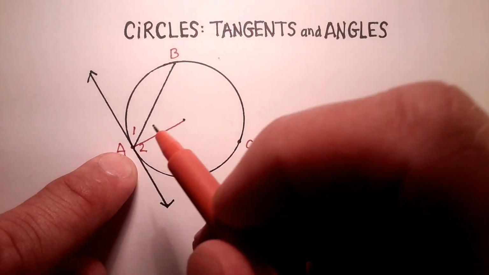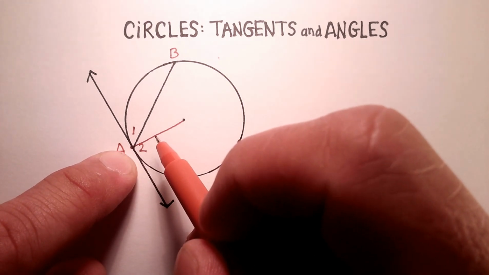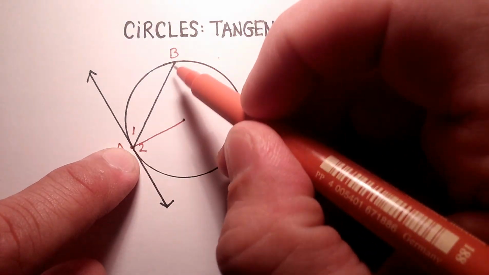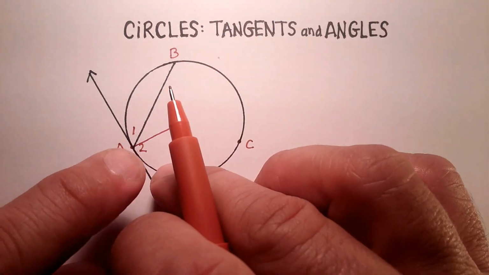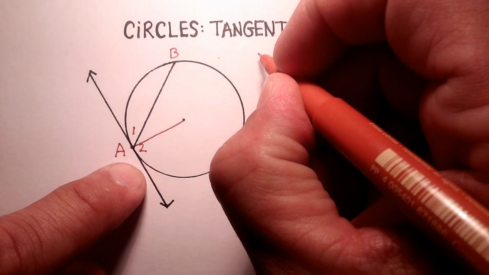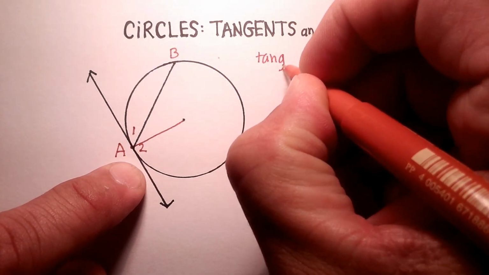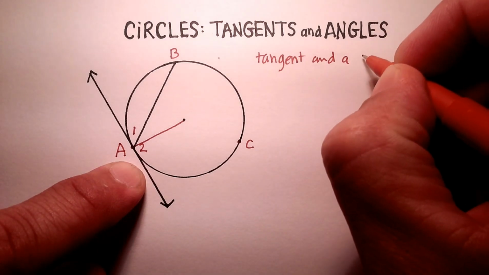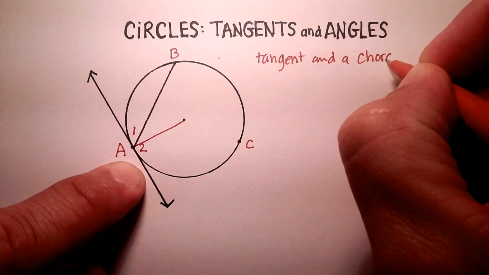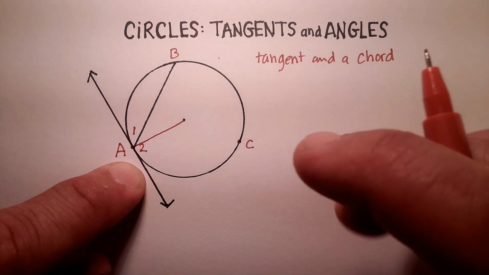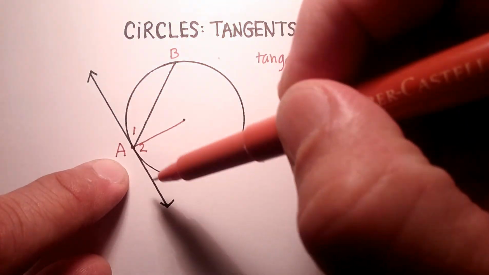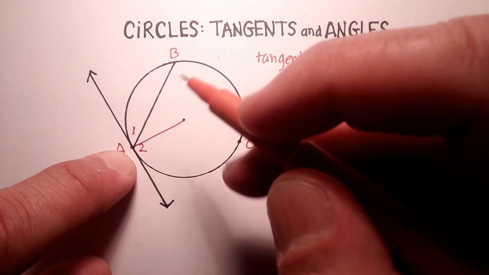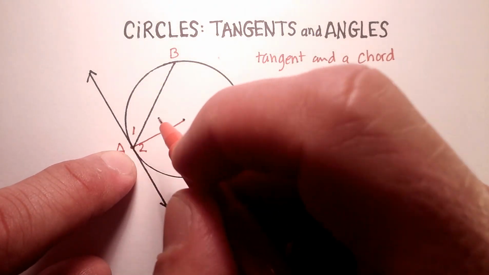But what about lines inside the circle that are not radii or even diameters? Let's take, for example, a chord. Okay, so we're going to look at the relationship between a tangent and a chord. And the rule basically says this: if a tangent line intersects with a chord, the angle that it forms, in